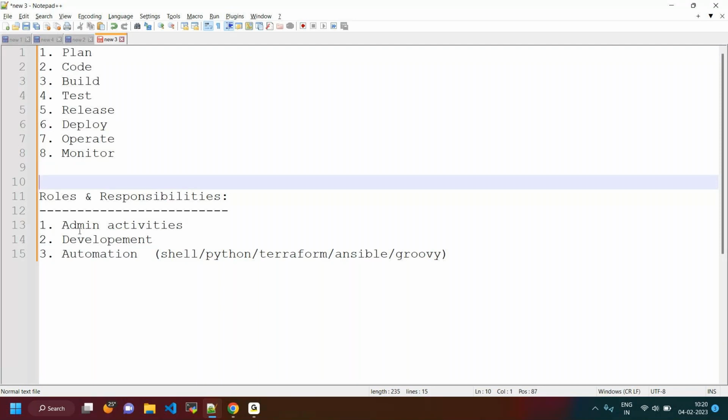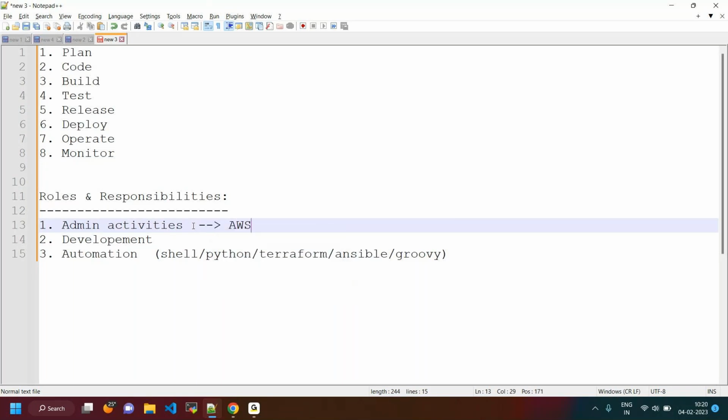He is going to be working on admin activities, like an AWS cloud engineer. They need to be given some permissions on the AWS side, and they are going to be working as an admin guy as well. It might be Azure also, it might be some Linux machine, on-premise servers, whatever it is. Some admin activities are going to happen here, and we are going to do some installations in these admin activities.